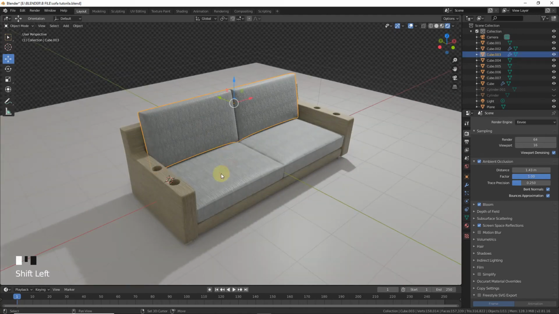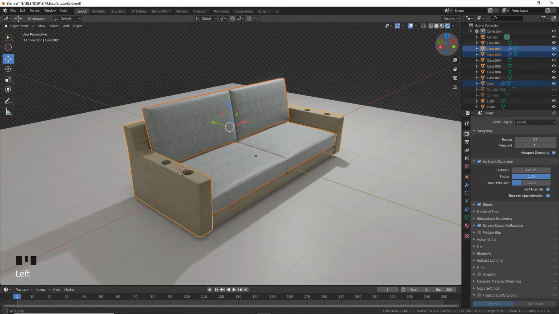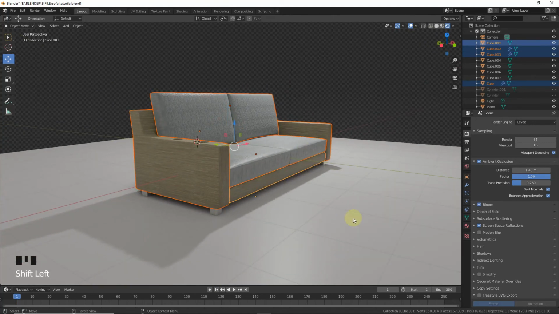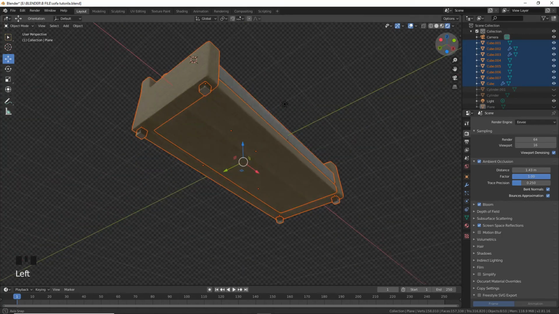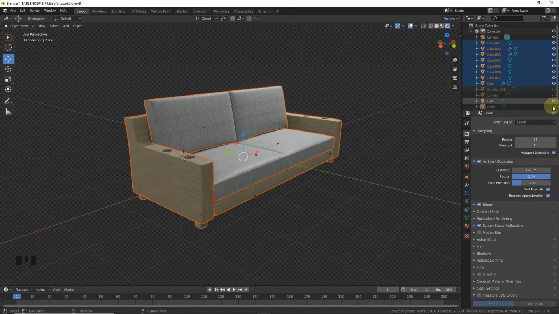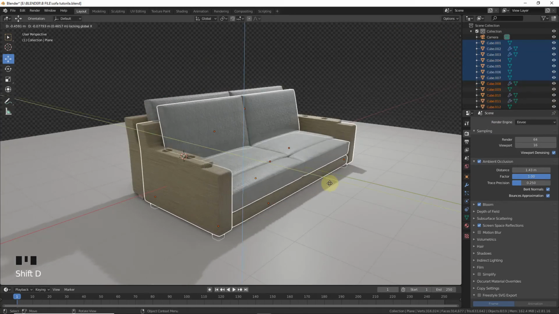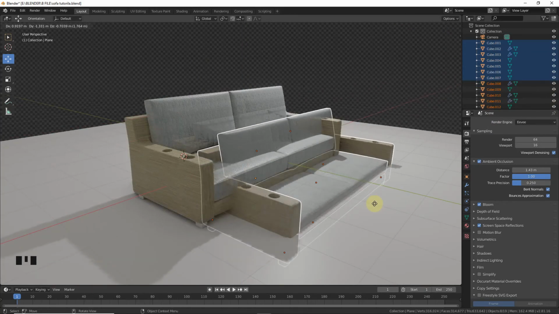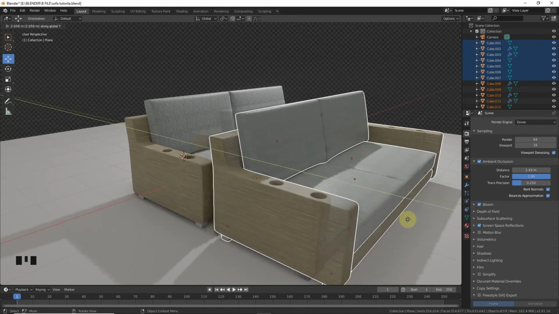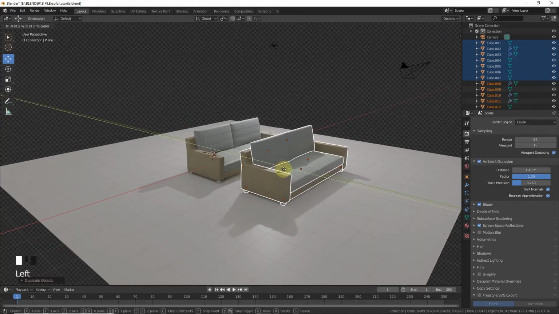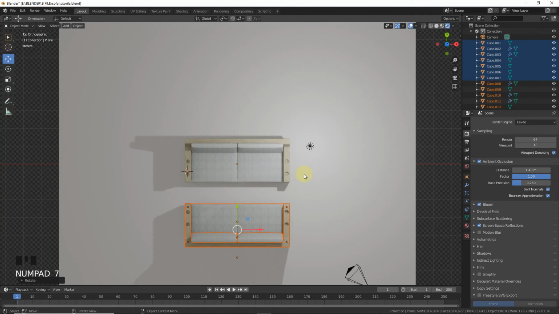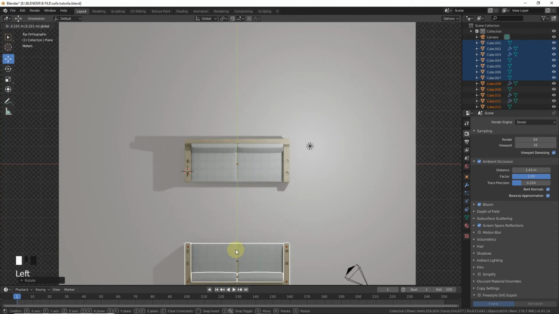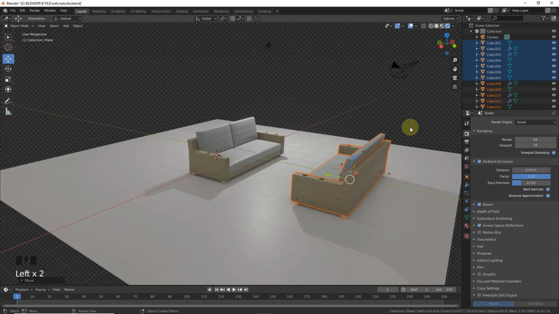And one more thing is, select and select. Let's press H on the keyboard to hide, select the plane and select this sofa. And where is the plane? Shift T on the x-axis, maybe the y-axis. Okay, now rotate on the z-axis 180 degrees. Okay, so